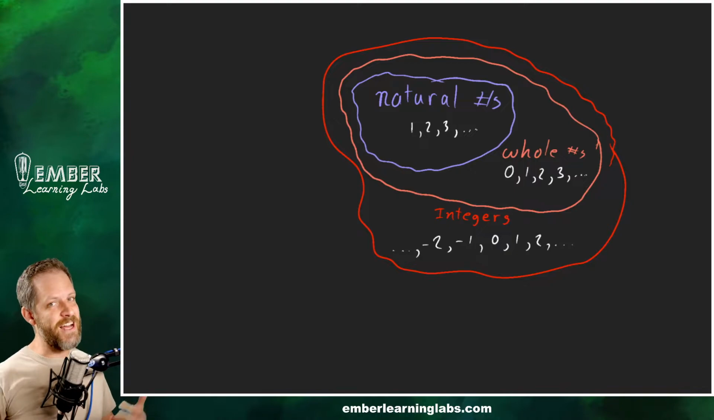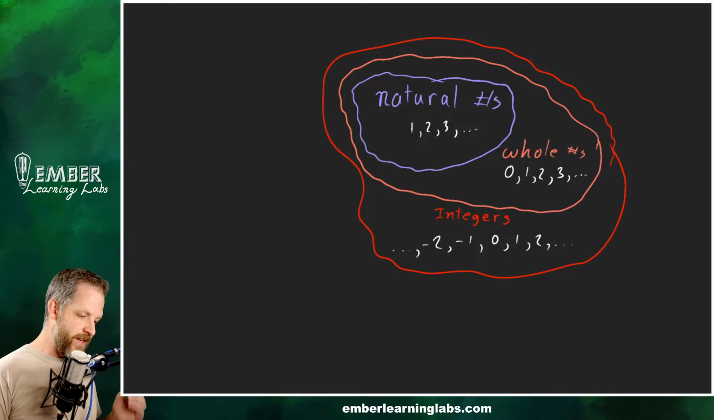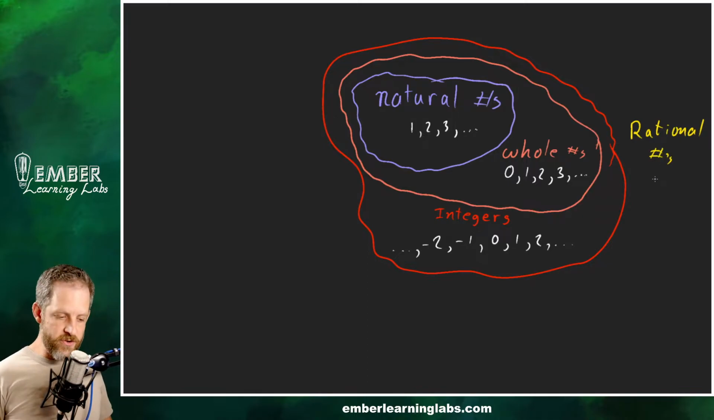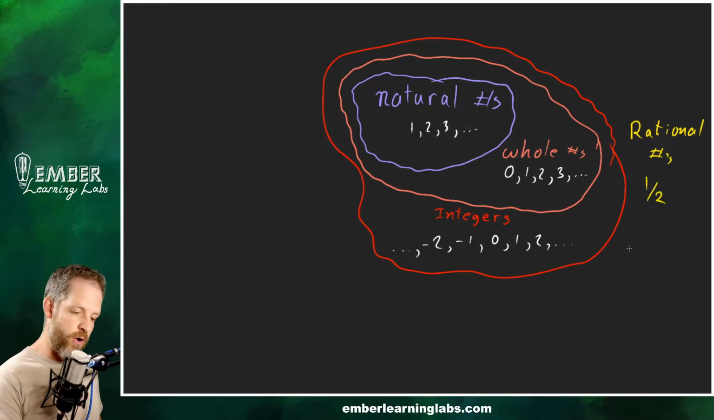Right. The next set on top of that, which also includes inside of it the integers, is the rational numbers. Rational numbers are anything that can be written as a fraction, right? So it also is all the integers. So it's things like 1/2, or negative 0.18, or 52%,